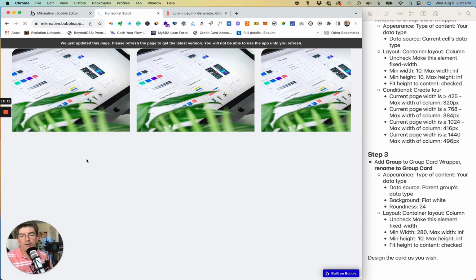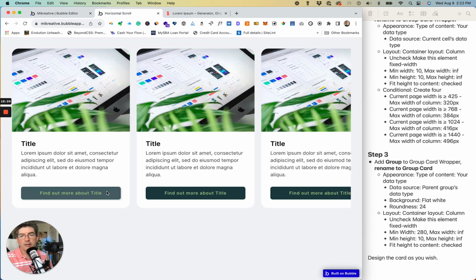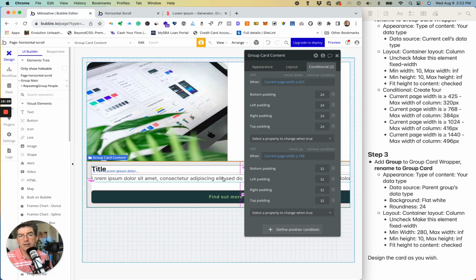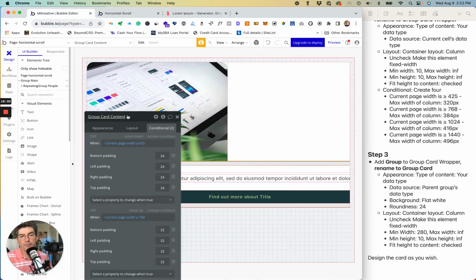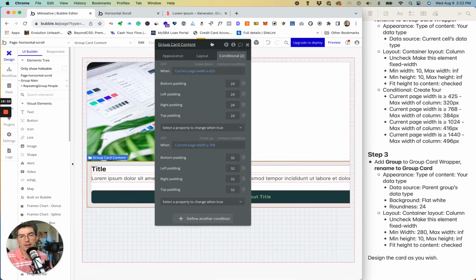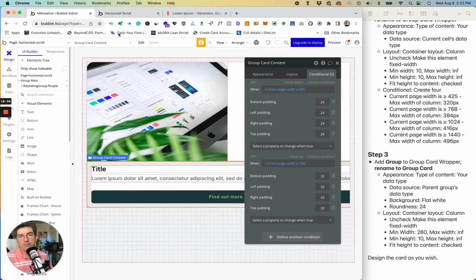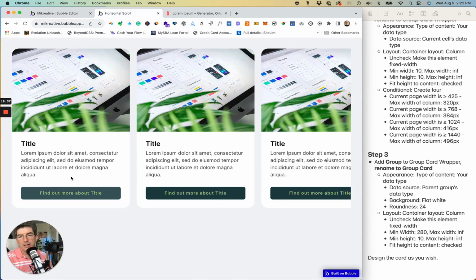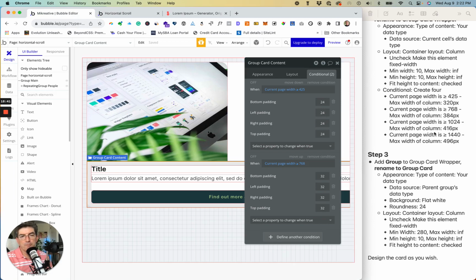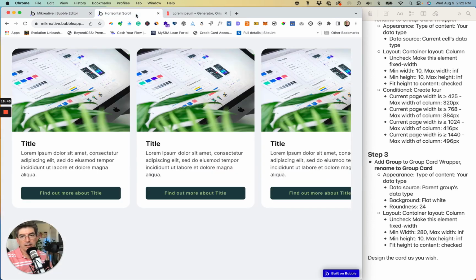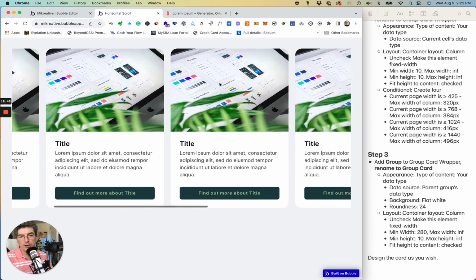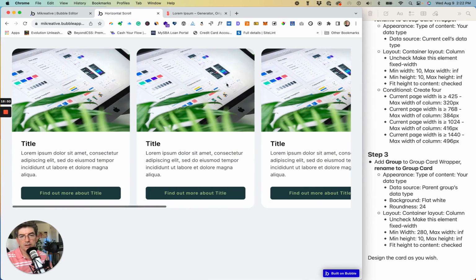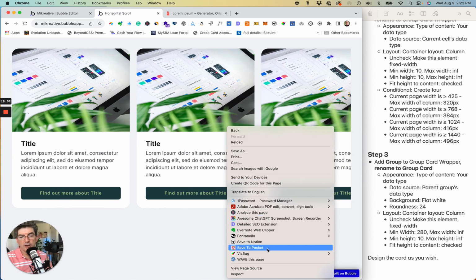So even though that looks really funny on the design tab, it's stretching, it comes out correctly, and that is because we set the max width on the wrapper, the card wrapper. So then if I inspect,